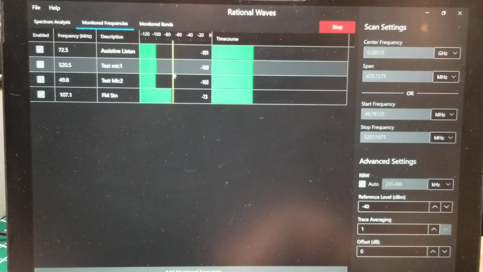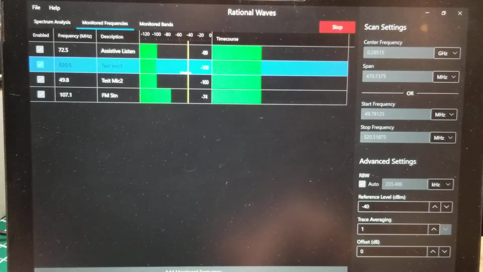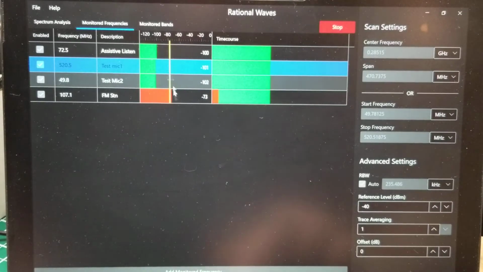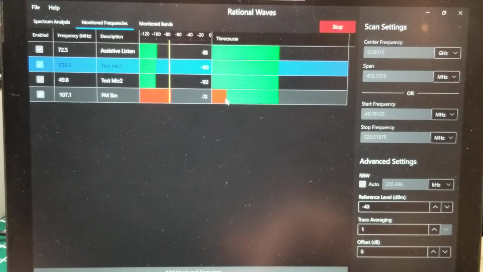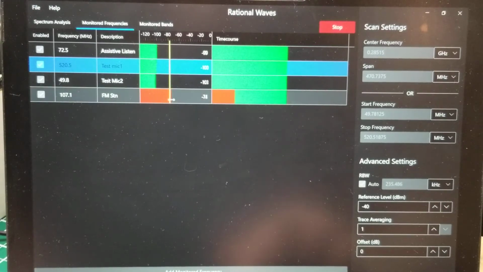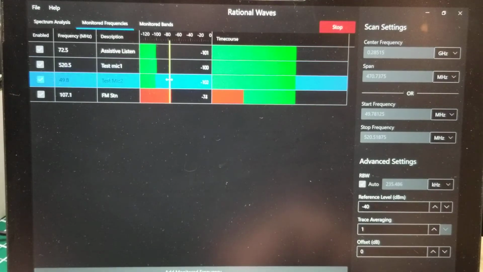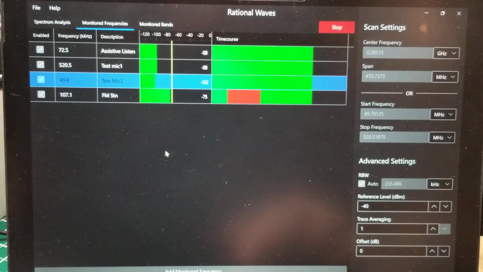The threshold here is adjustable. You drag and drop. So if I put the threshold there, now this is turning red, showing that the FM station has crossed the threshold. Move it up a little bit. And now I'll turn on one of my units. There's a walkie-talkie. So while it transmits,